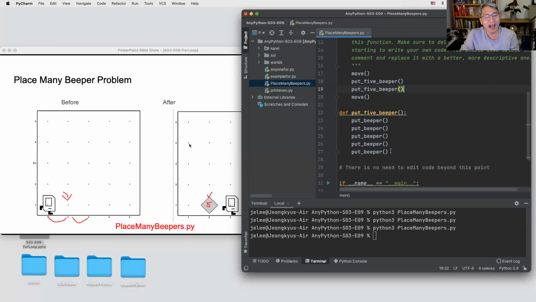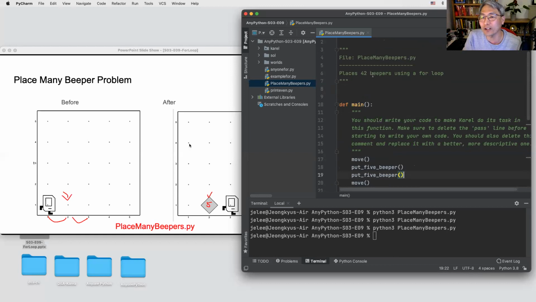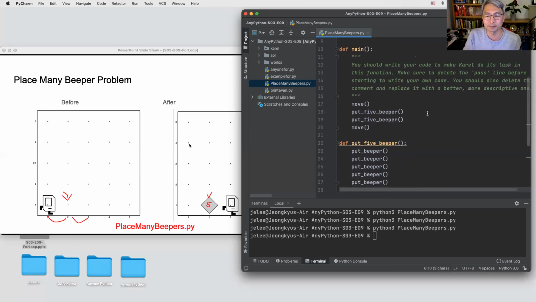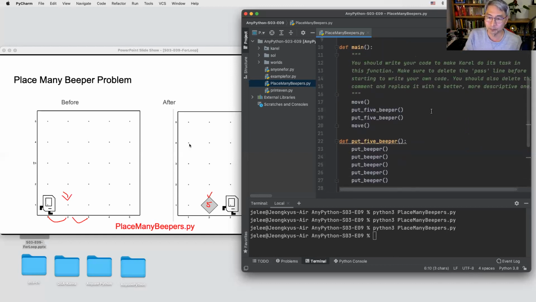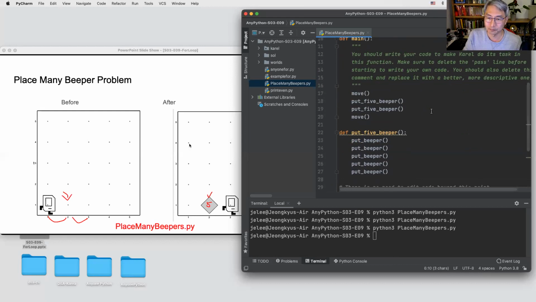Yes, I don't have to run it again. But what about the 42 beepers? So this is a question for putting the 42 beepers. How can you do that? We need to do 8 times of this and also 2 more times the put_beeper.